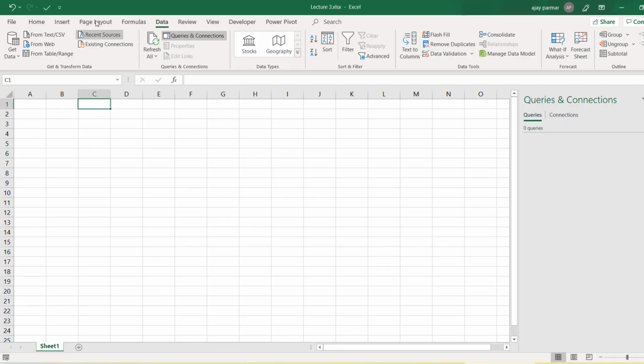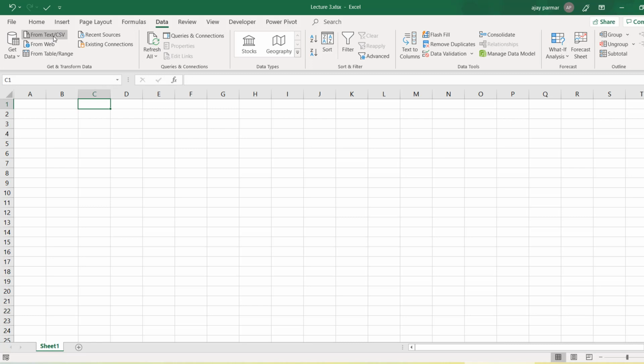pick up the data. So last time we went to From Table and Range. This time it is not, right? Because we used that option when you have a table in the Excel sheet. This time we will use From Text/CSV, right? Now I do not exactly know where this option is available in Excel 2010 and 2013, but just go and check that. This must be under the Power Query tab, as I explained in the first lecture. So I click on From Text/CSV, and